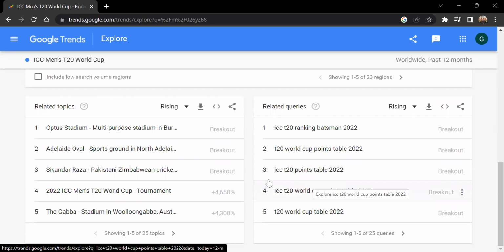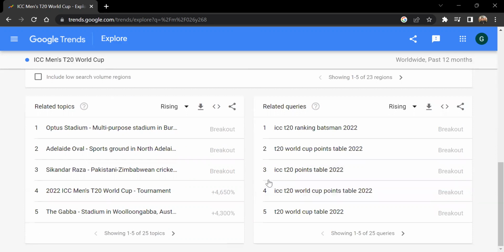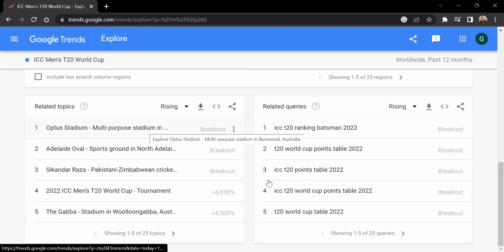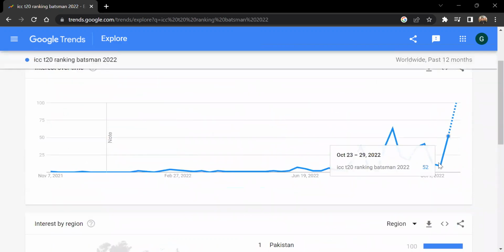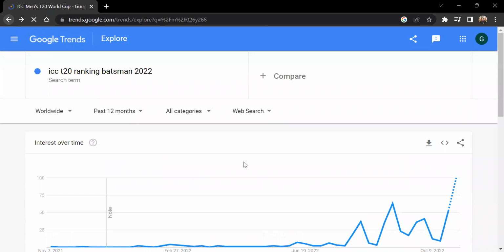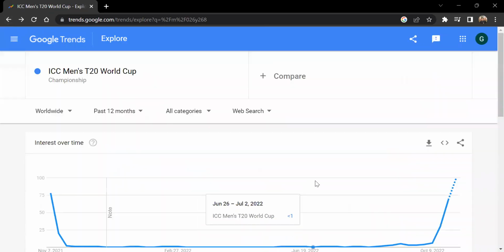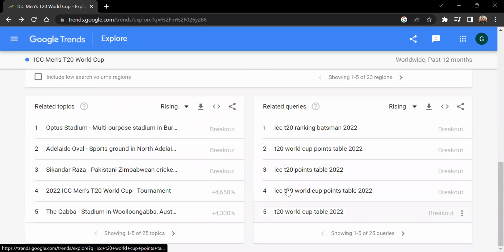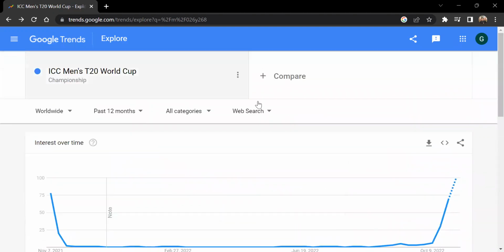That way it's trending. Now you can also see some related topics here. So you can click on any of these. If it shows you breakout, I think there's a definition of breakout, but if you click on any of these, for example, queries, related queries, you can see a big spike somewhere, and that essentially shows you the breakout. I'll figure out later what's the definition of breakout. But yeah, you can see the related topics. So these are high-level topics, while these are high-level queries, which are all related to the search term that we search, which is ICC Men's